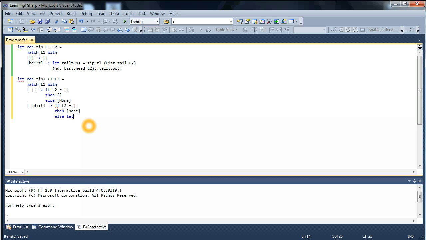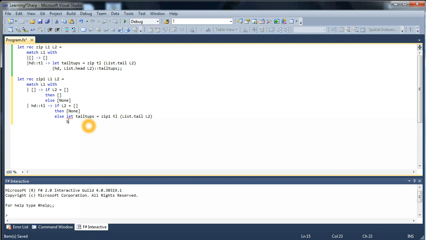Else, we're going to let the tail tuples become zip1, which is the new zip function, on the tail, List.tail L2,